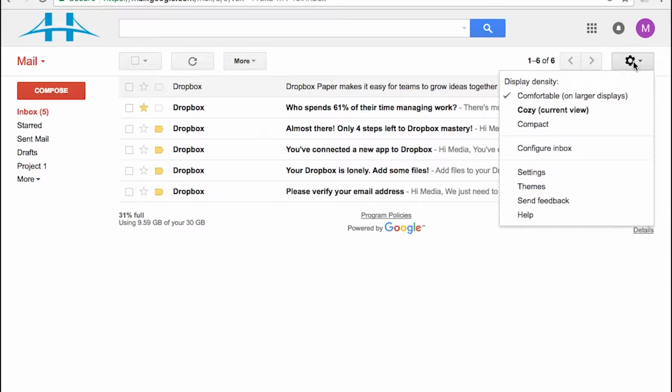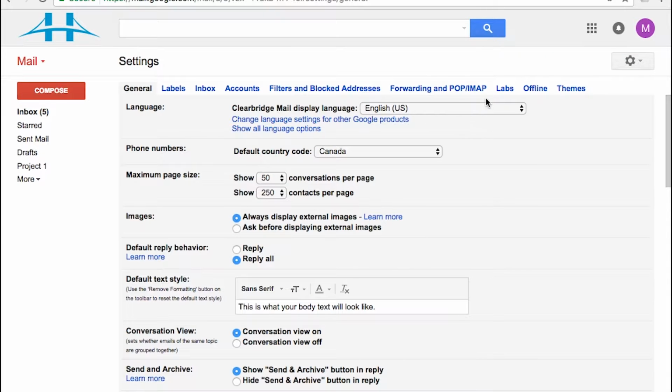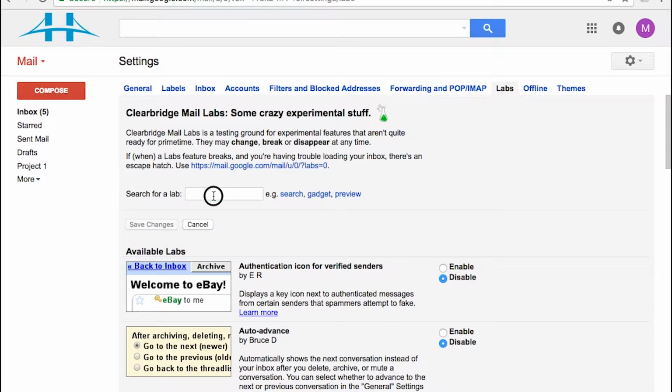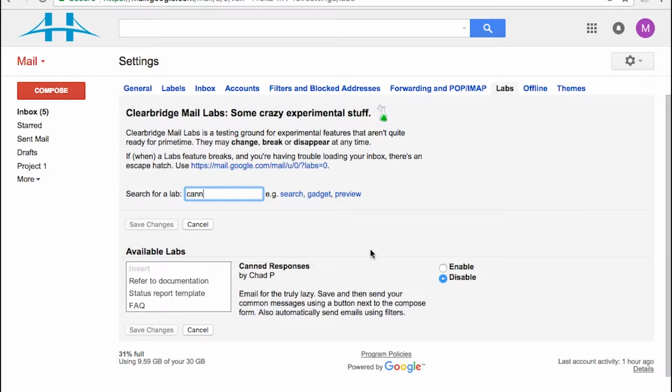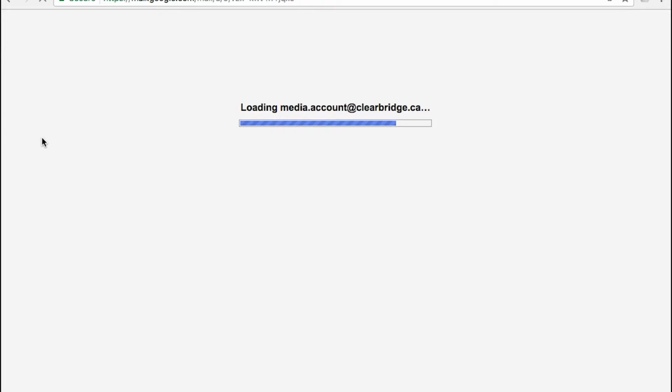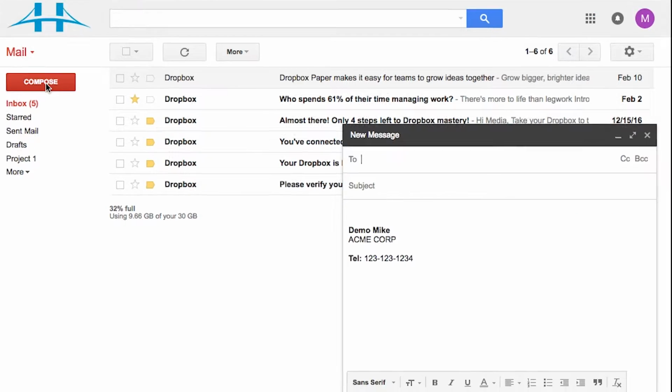First, head to the cogwheel, click Settings, and then click on the Labs tab within your email. In the search, you can just type the word can or canned, and you can enable this option, and then just click Save Settings. Now once you do that, you're going to have a new feature within the Compose window